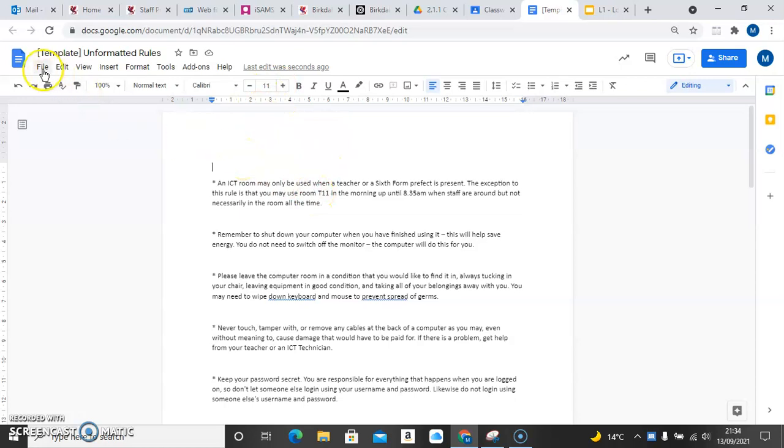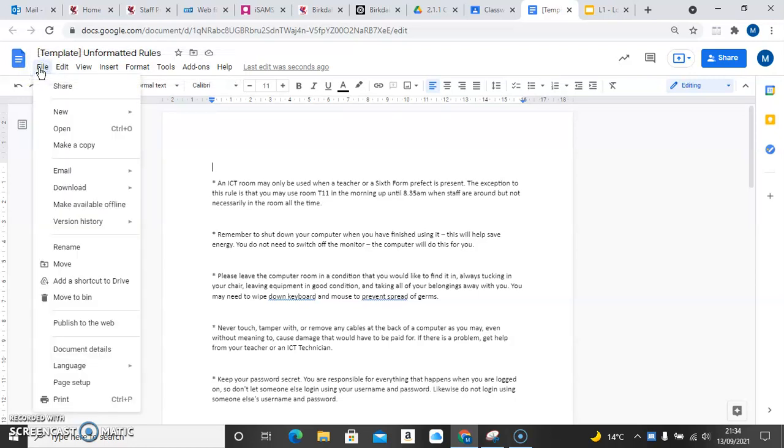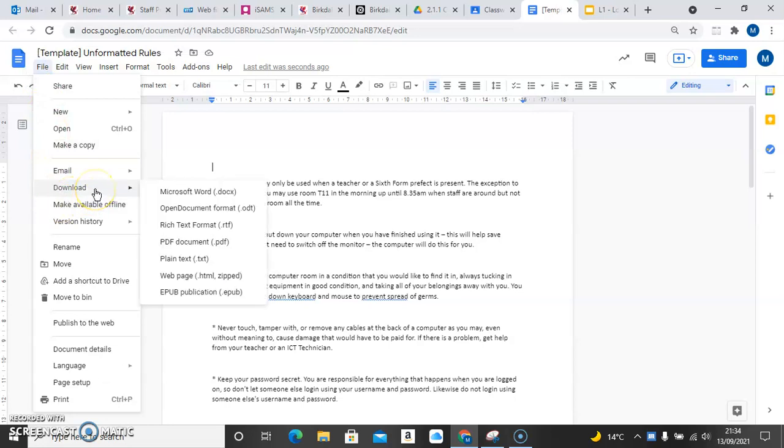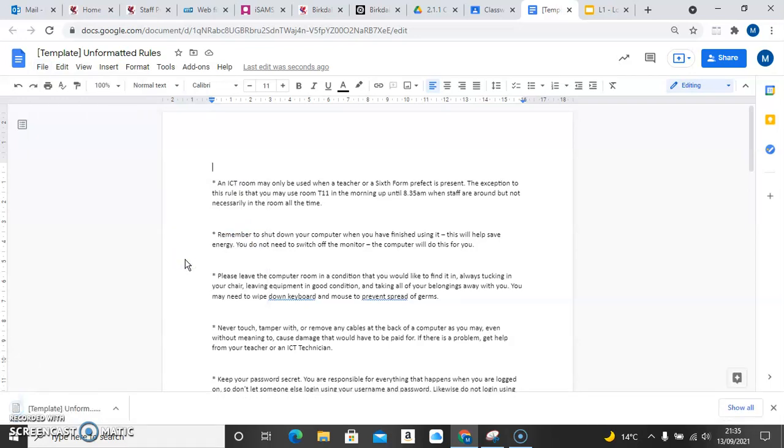What I'm going to do here is have a look at exporting the file and then using it in Microsoft Word. If I go to File and then Download, you'll see that there are a variety of different options available: Microsoft Word, an open document format, rich text format, PDF, or plain text. Which of these you choose will have an impact on how much formatting you can achieve. So, as an example, if I was to download this as plain text,